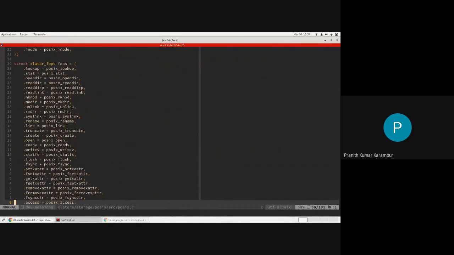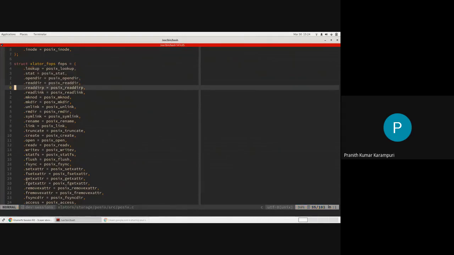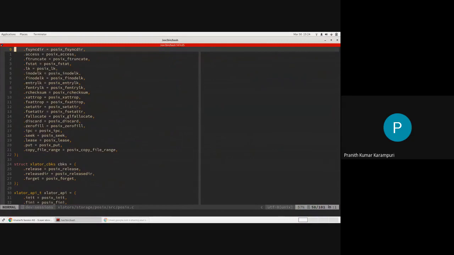Essentially, for all of these FOPs, there is an underlying system call that it will call, and it will return the output that the system call gives, along with the extra output that GlusterFS needs. It will combine both of them and return to the caller. That's all that is going to happen in this lowest layer of Gluster, which is the POSIX translator.